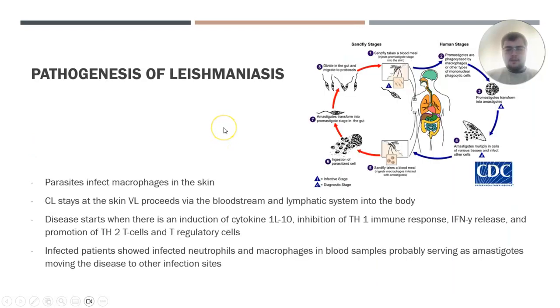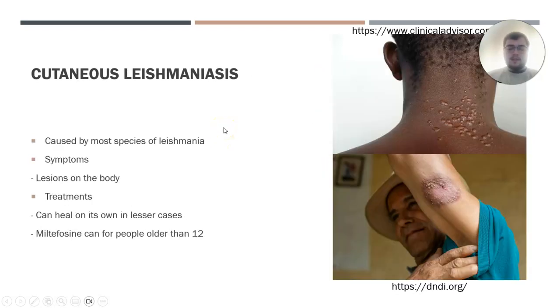And then for cutaneous leishmaniasis, it's the most common form of leishmaniasis, being caused by almost every species of Leishmania. Its symptoms are lesions on the body. Usually it can be one or multiple primary lesions with many smaller, kind of satellite lesions. In lesser cases, it can heal on its own. And then for people 12 and older, you can use miltefosine